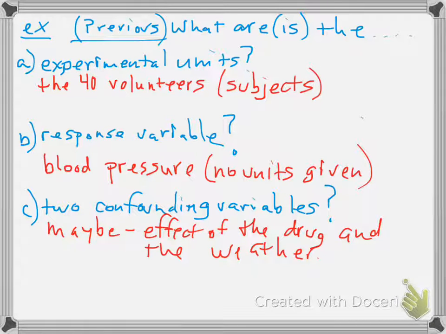So let me just expand upon this idea of confounding variables. Let's pretend that what I said was true, that the first 7 weeks of the study were really horrible and the last week was really nice. And let's also imagine that maybe this drug is actually working too. And at the end of the study, we measure, hey, we found that this drug lowers blood pressure. Well, how do you know, is it the weather or is it the drug,